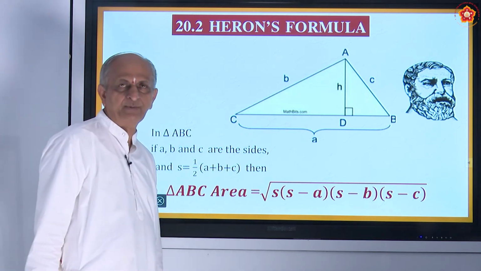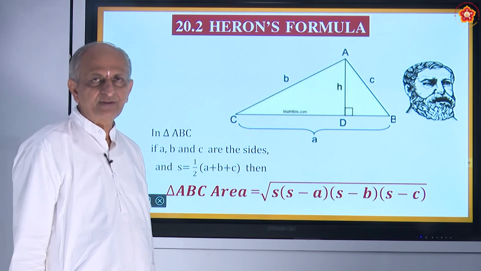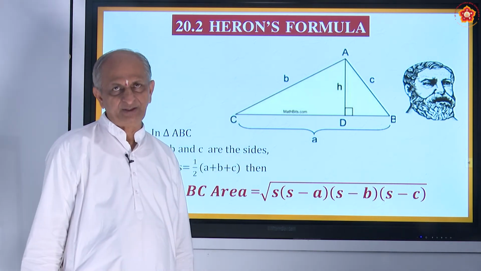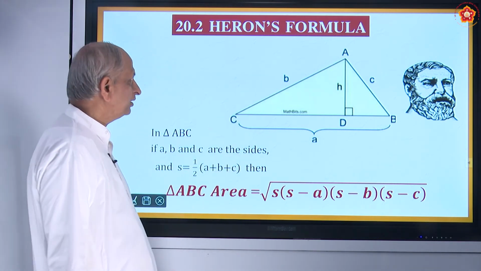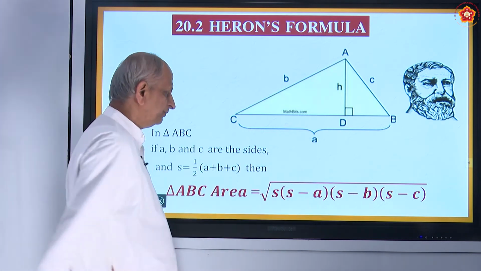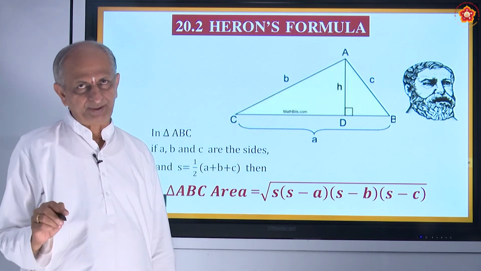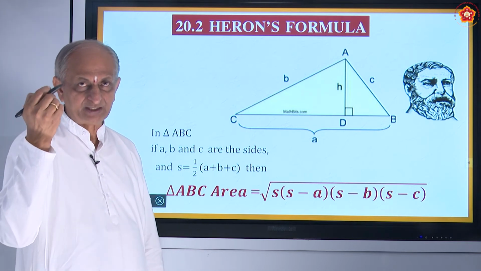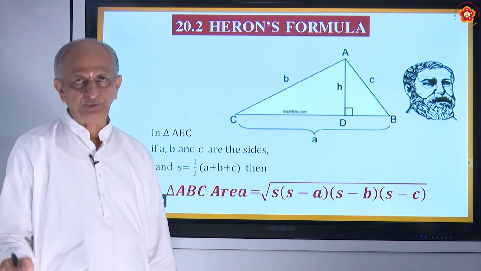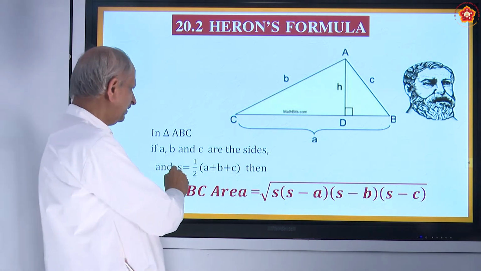Just as you have heard about Pythagoras, Apollonius, Archimedes, and so on, he is also one of the famous mathematicians, called Heron, who found out a formula. Of course, you can work out these problems by another method also, by using Pythagoras, but it's a lengthy process. Once you use this formula, which you come to know at the end of the period, it will be very easy. What is s here?